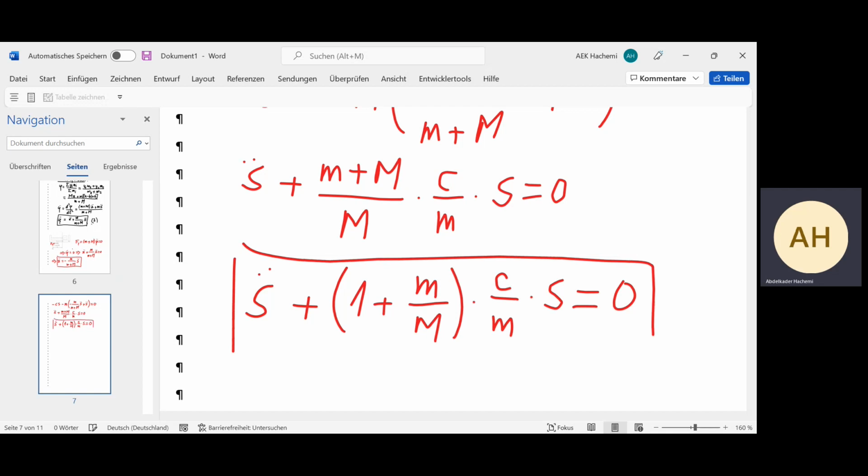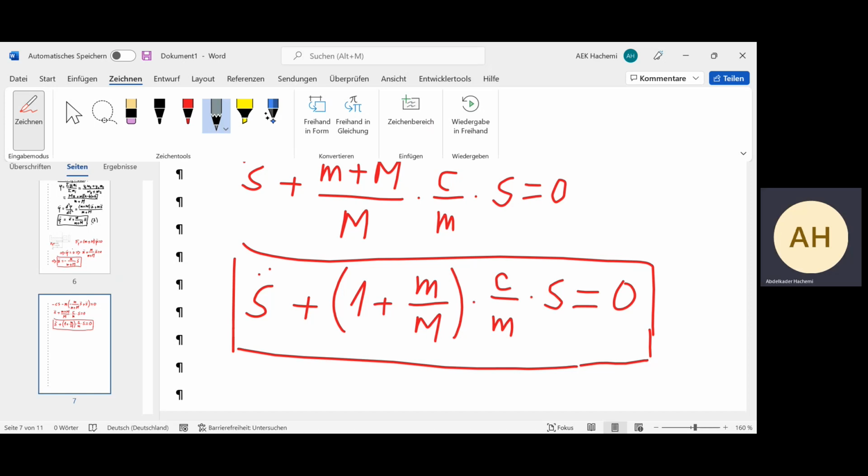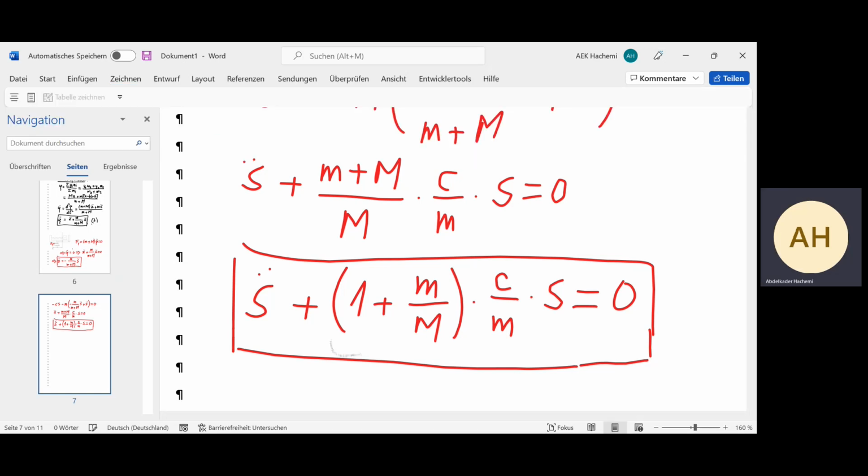And now this is, let's say, the differential equation. When you can see this